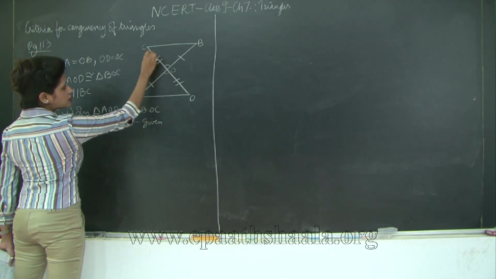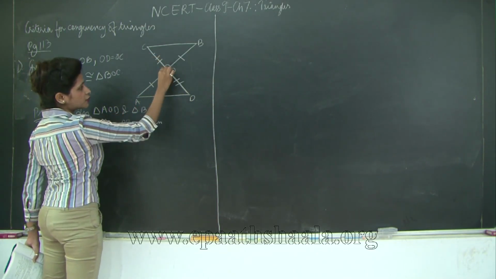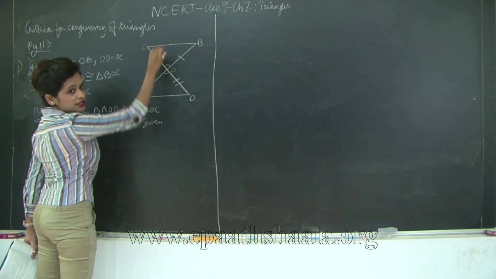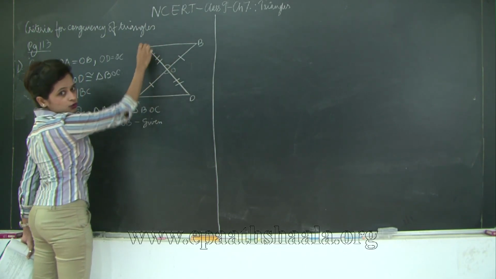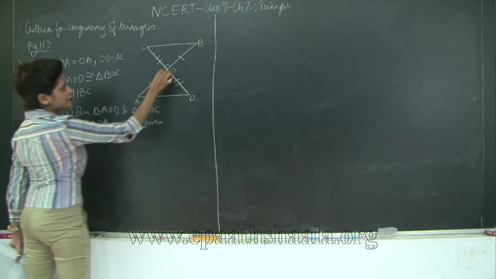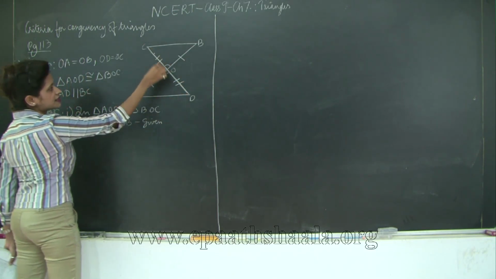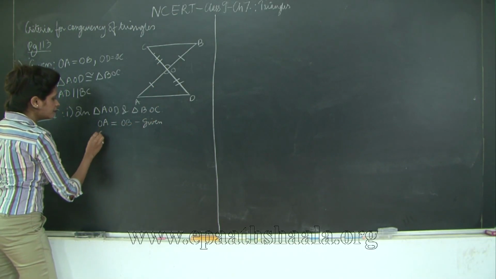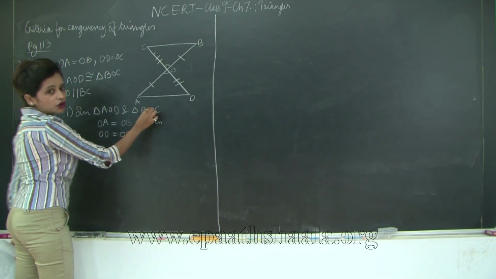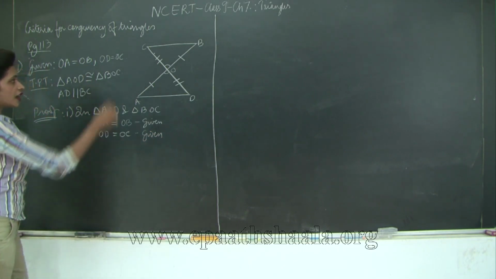Also, I have OC is equal to OD, but we are taking which triangle? AOD first and then BOC. Therefore, I will say OD is equal to OC. Although OC is equal to OD is given, since I am considering triangle AOD first, I have to give reference to OD, not OC, because it would imply that OC is present in triangle AOD, correct. So, I will say OD is equal to OC, because OD belongs to AOD and OC belongs to BOC, and this is also given, correct.